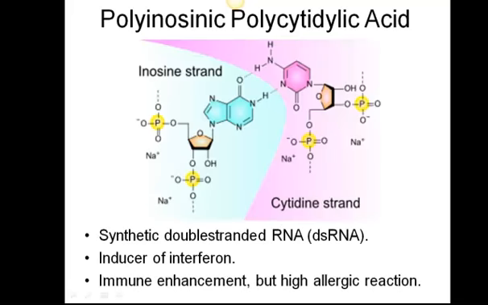So this is just an example of another immune-enhancing agent that's used. And you can see this looks a lot like a double-stranded DNA molecule, or a portion of a double-stranded DNA molecule. And so what this does is it actually is an inducer of the interferon system. This causes immune enhancement again due to the generation of the interferons that are produced from this subsequent pathway. However, there is high allergic reaction to this compound. It's a very big compound that would be given. It's also very polar and has these phosphate groups on it that don't enter or get absorbed very well.